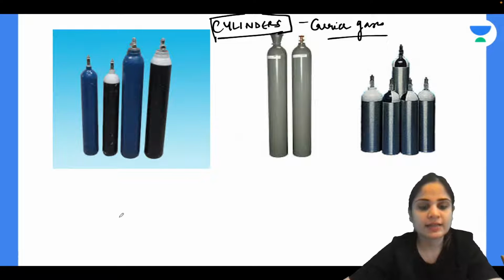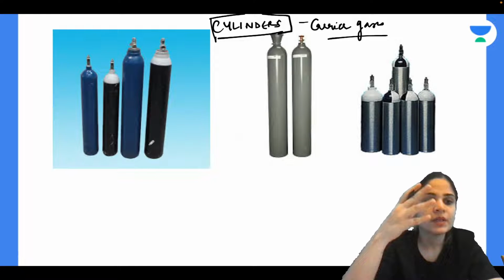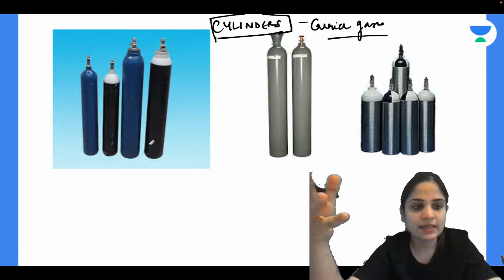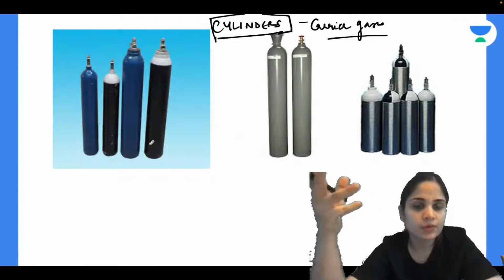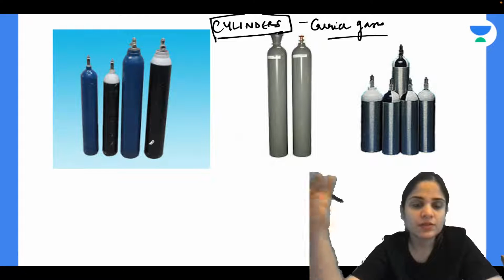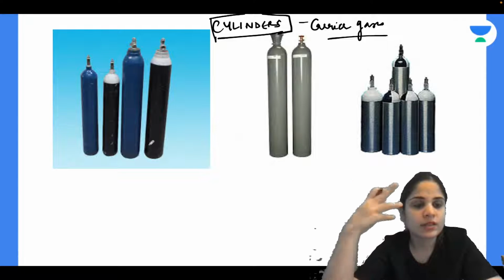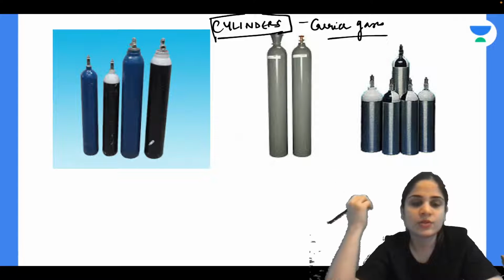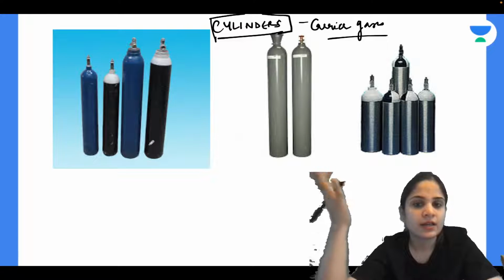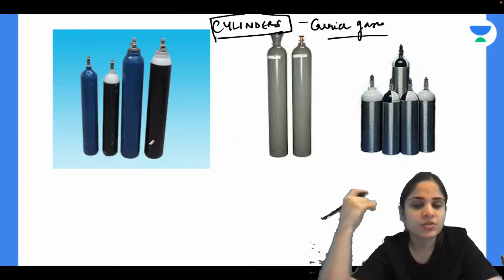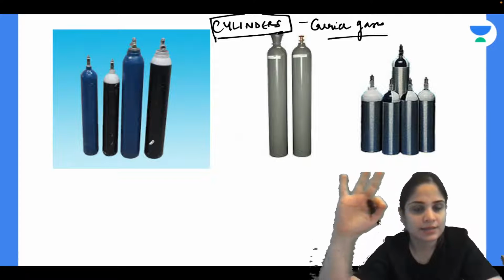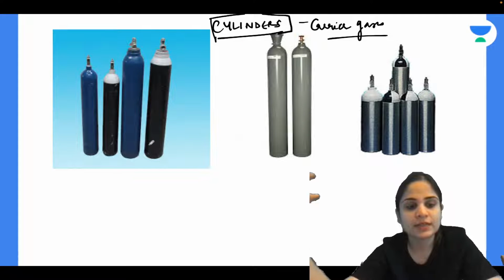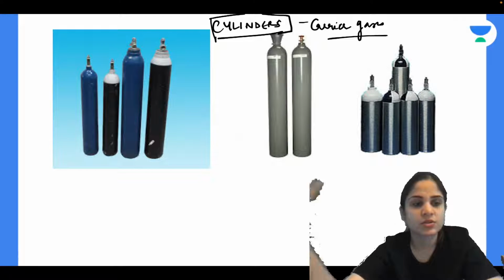Now, what are your carrier gases? Whenever you're giving anesthesia, you have to give the inhaled anesthetic agents like desflurane, sevoflurane, isoflurane. They are all present in the vapor form. So to carry these vapors, you require some carrier gases. So what are the common carrier gases that we use? We use oxygen, nitrous oxide, carbon dioxide. Carbon dioxide is not used. We use oxygen, nitrous oxide and air. These are the three commonly used carrier gases. They will carry the vapors of these inhaled anesthetic agents into the lungs of the patient.